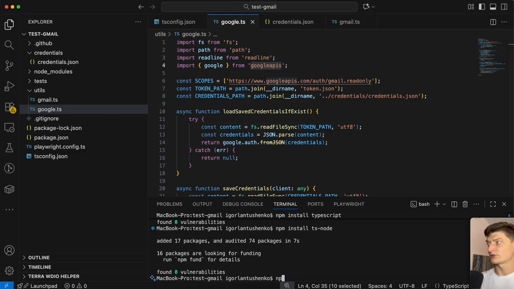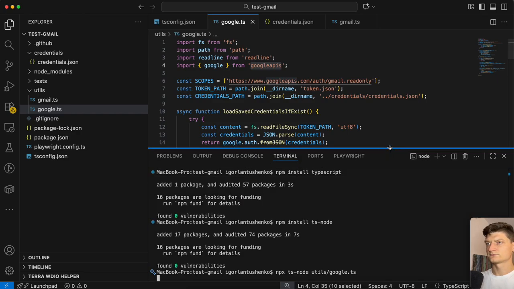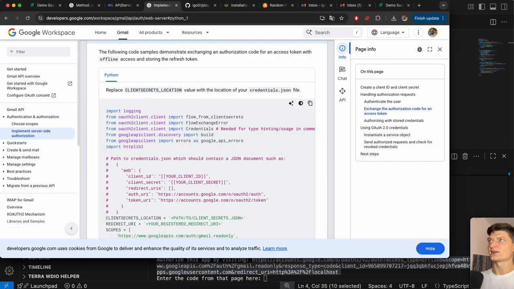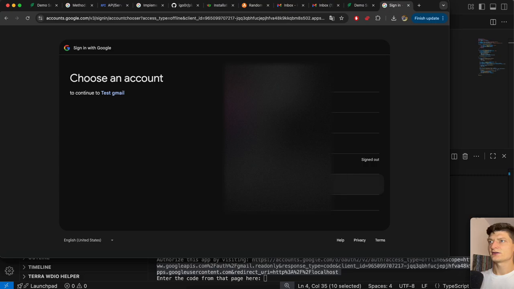Let's try to run our script for the first time. TS Node, utils, Google.js. Alright, it says authorize this application by visiting this URL. We are copy pasting this URL, opening it in our browser, choosing our email,